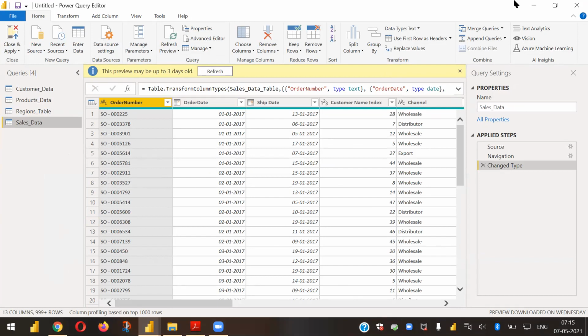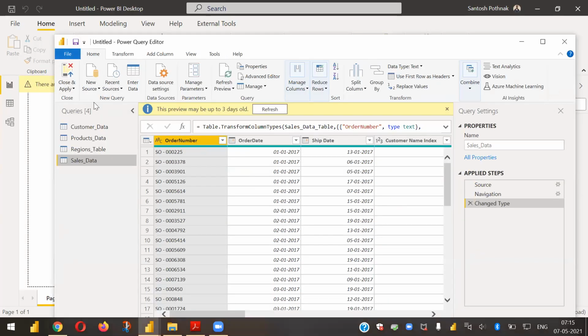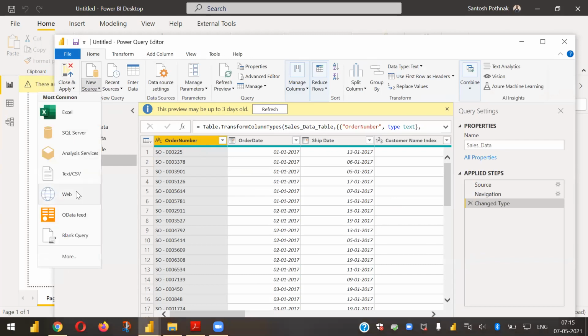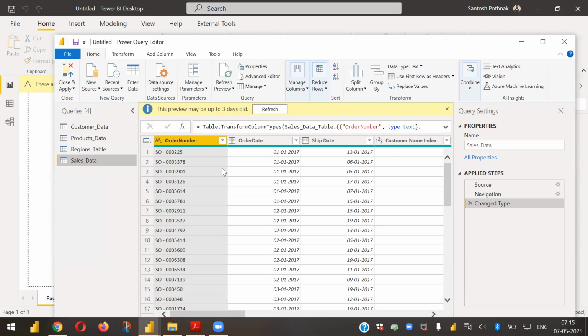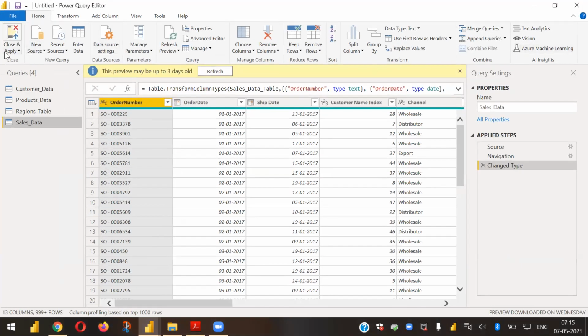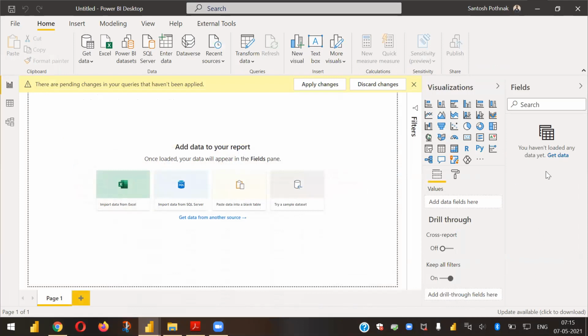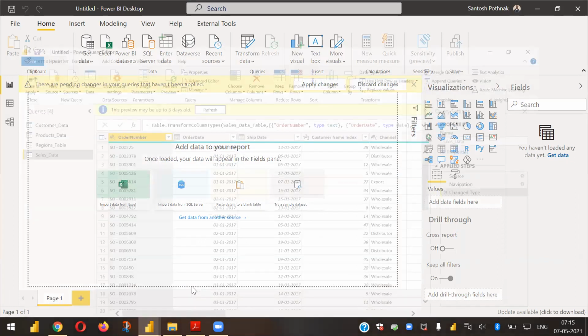We are extracting the data from different sources, connecting to different sources here. And as soon as we connect to different sources, we are transforming the data. So once you transform with a lot of options that we are going to discuss now, then we are going to commit it by clicking on Close, or Close and Apply. When you do this Close and Apply, it is going to commit this entire data to Power BI desktop, and this window is going to vanish, and you're going to see those tables over here, which are ready for reporting purposes. So that is what is going to happen.